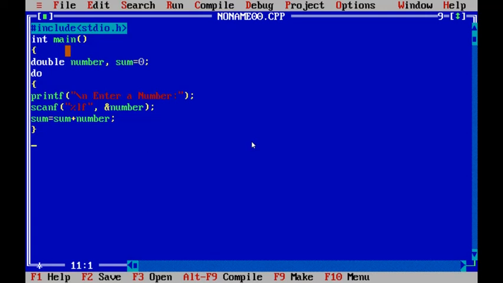End of the do block. After that we will write the while condition: while number not equal to 0, then we will repeat the loop. After exiting from the loop, a printf statement to print the result.